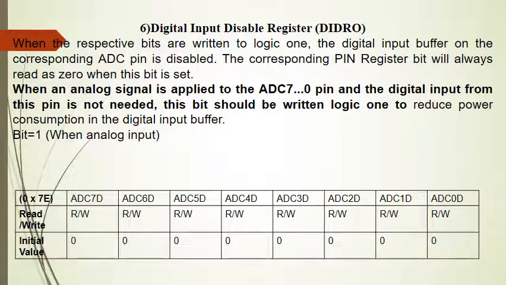So what has to be done is, for example, if we are giving an analog input on channel number 7, then in this particular register, the bit corresponding to the seventh channel should be written as 1. If it is written as 1, it specifies that channel number 7 is being used for analog input and it cannot be used for digital input unless and until the analog to digital conversion has been completed.